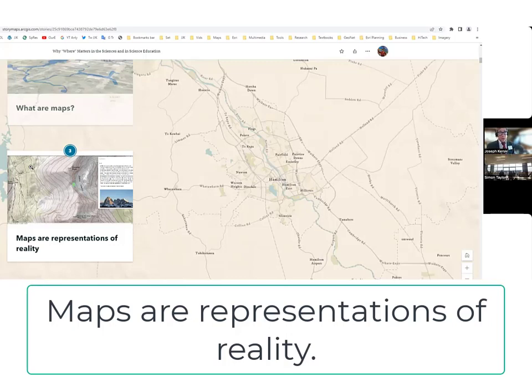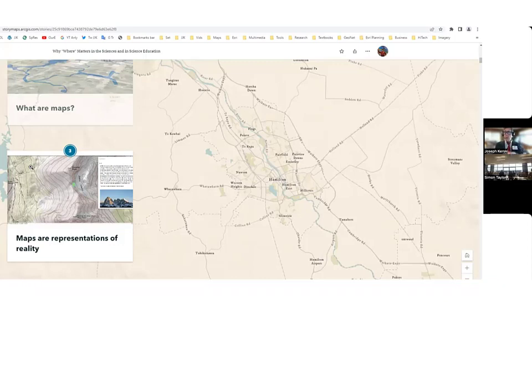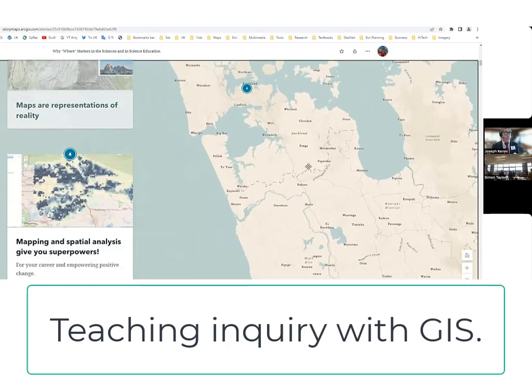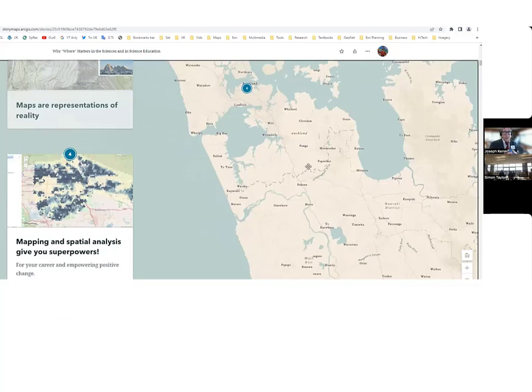Geospatial technologies are one of the few tools where you can say, well, what if we looked at this variable instead of that variable? Or what if we looked at, instead of Hamilton, let's look at Auckland and look at the same variables over there, or Tauranga, et cetera. It's one of those few tools where you could ask the what if questions, and you've got the data at your fingertips, and you could explore those what if questions and uncover, well, was that hypothesis that you just postulated, is it valid or not?